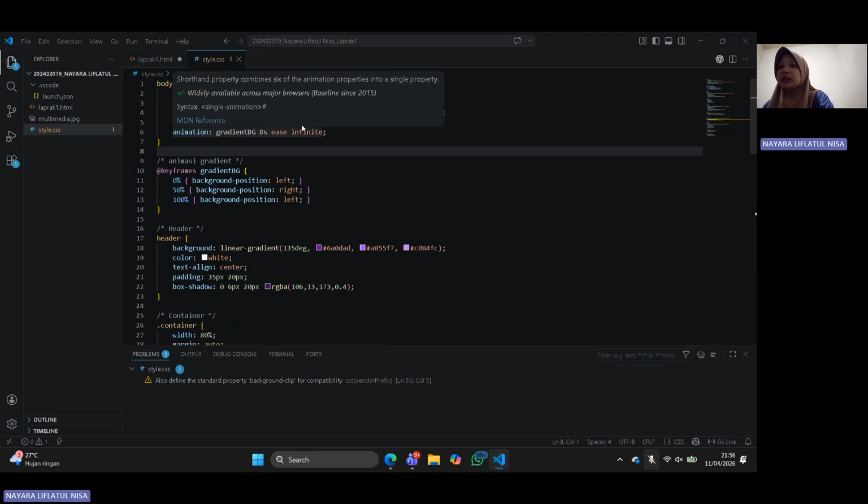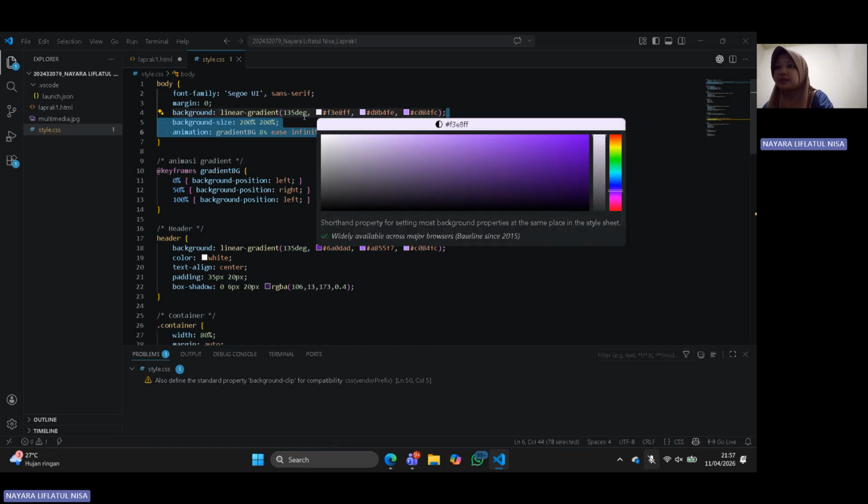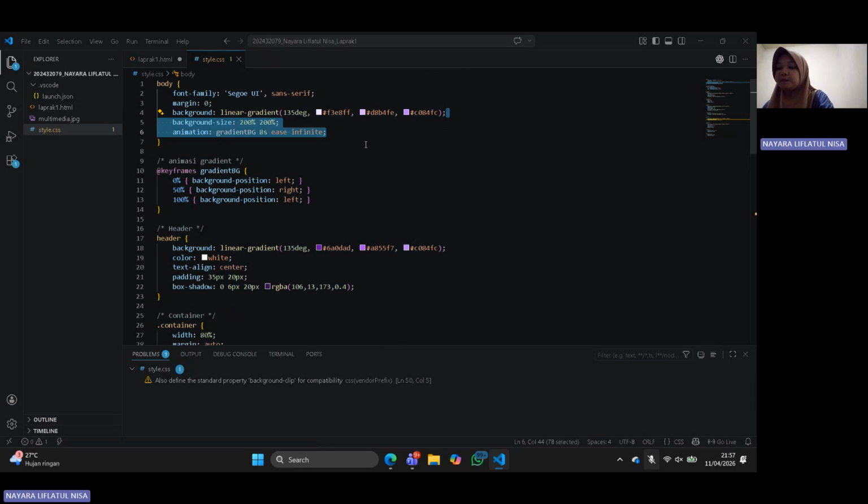Then I apply a gradient background using multiple shades of purple. This is important because my assignment requires a dominant purple color. I also add animation using keyframes to make the gradient move smoothly.